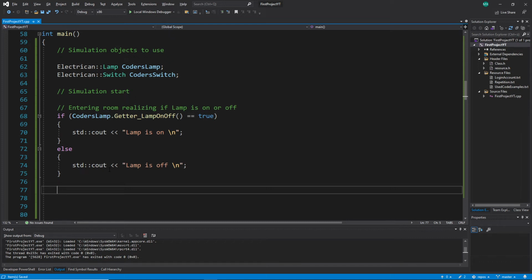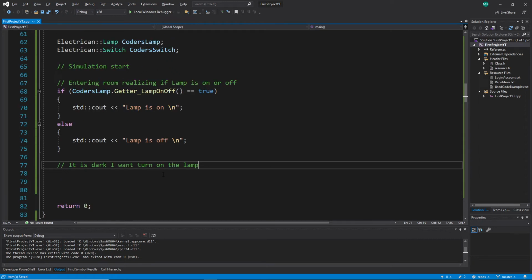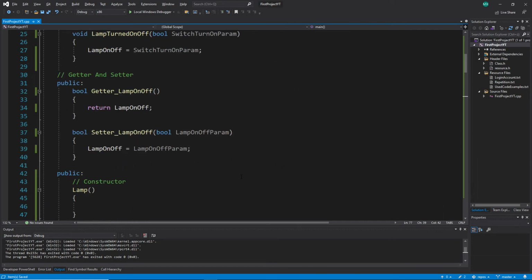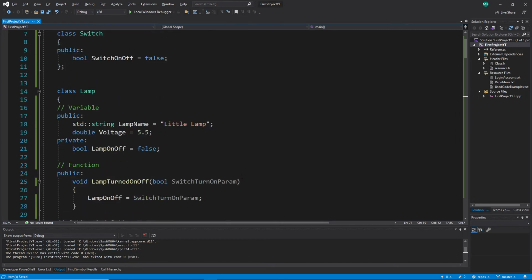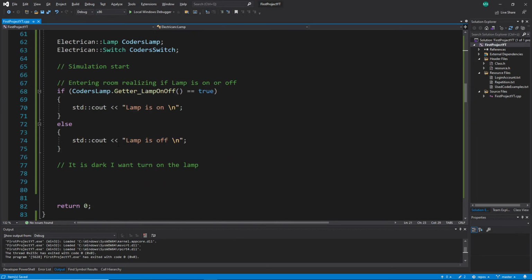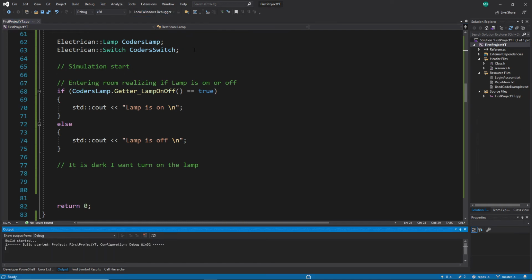Let's say it is dark. Let's say this is a requirement. It is dark, I want to turn on the lamp. So what I have to do now in the next step is say, okay, the lamp is on. So I go to my class, and how can I turn on the lamp now? The lamp is here. The state means here the situation of the lamp, which is right now off. Before I go on and finish here,